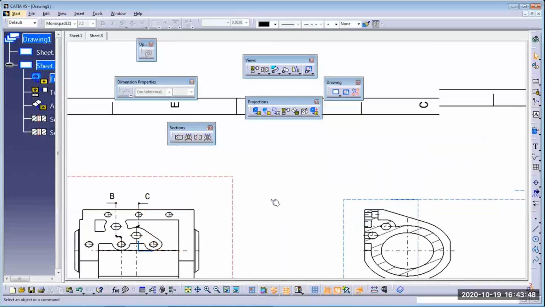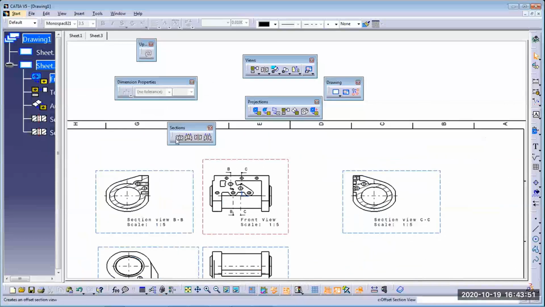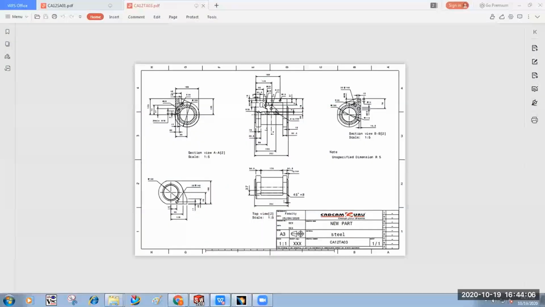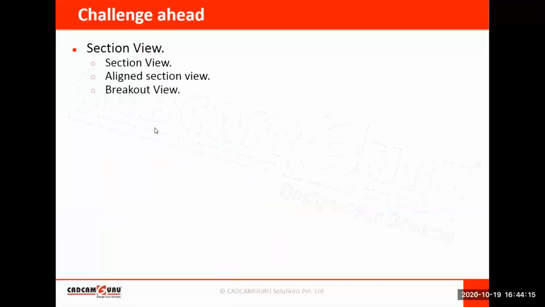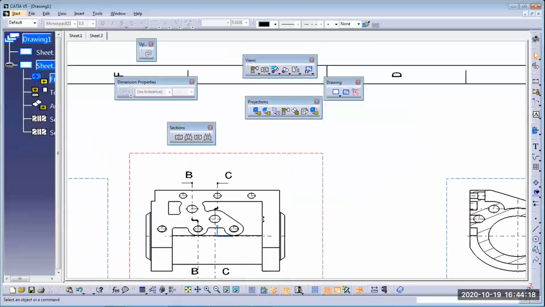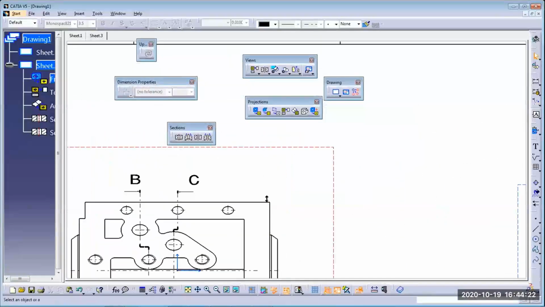Okay. Next is, so this finishes the offset section view, align section view, then offset section cut, align section cut. Then next is a breakout view to show the partial cut area. So here I want to show only some sectional portion.